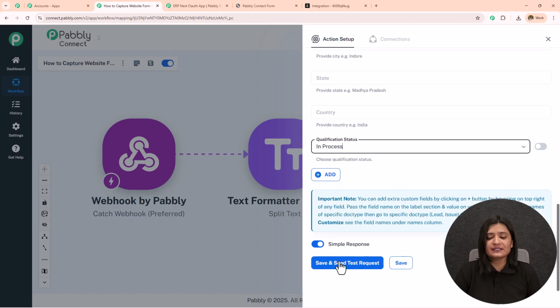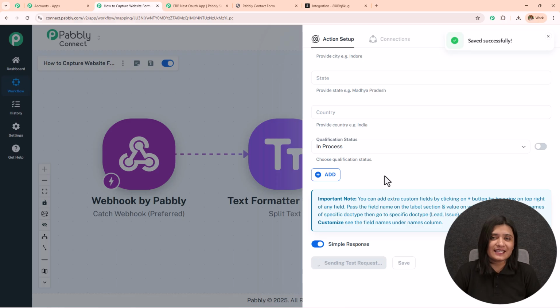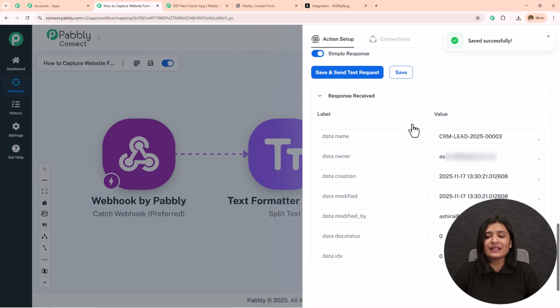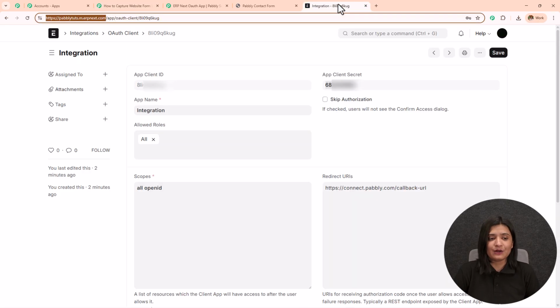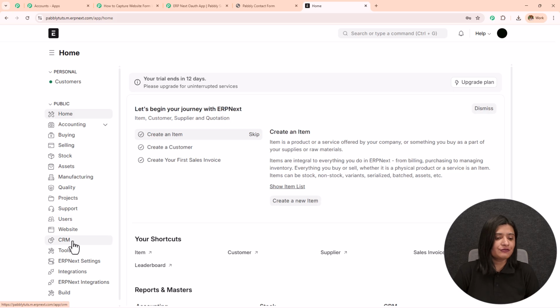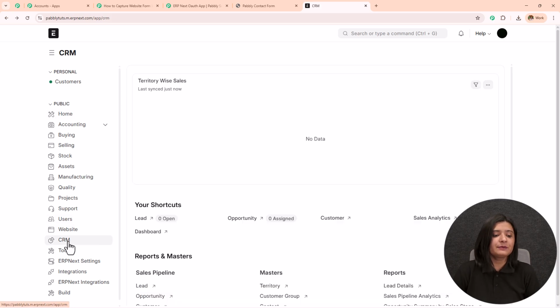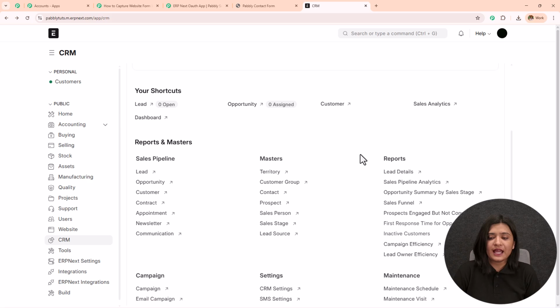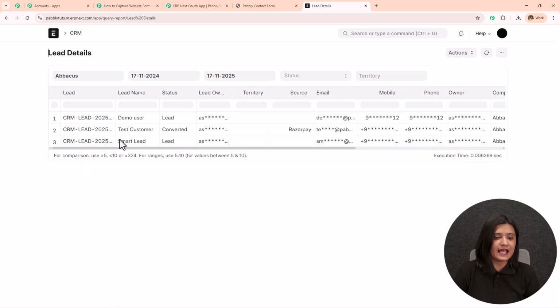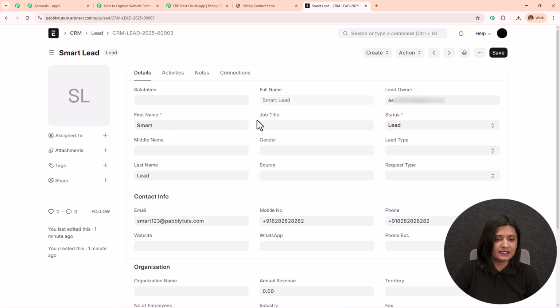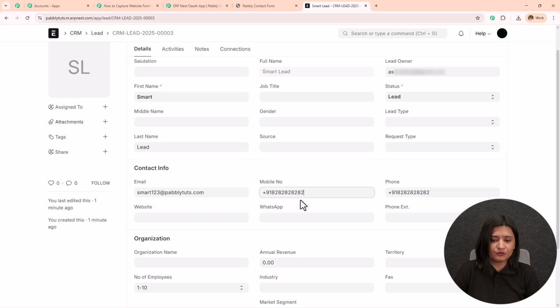After entering all these details, I'm simply going to click on Save and Send Test Request. And here I have received the response, and this response is a positive one. I'm going to open my ERPNext account. And from here, I have to click on the CRM. I'm going to go to the CRM, and from here, you can see this reports. I'm going to click on this lead details, and here it is. We have created this Smart Lead. So if I open this, you can see all the details. The phone number was this 82821, and the email address was